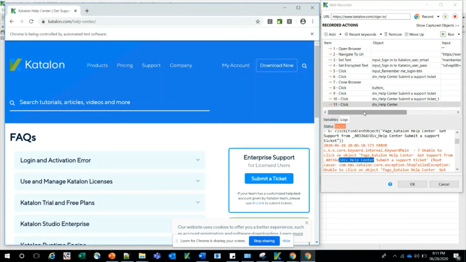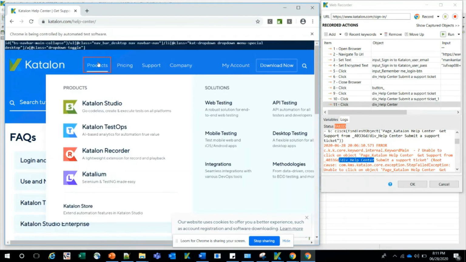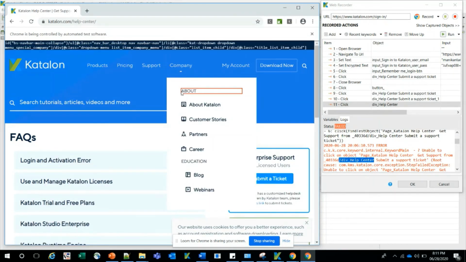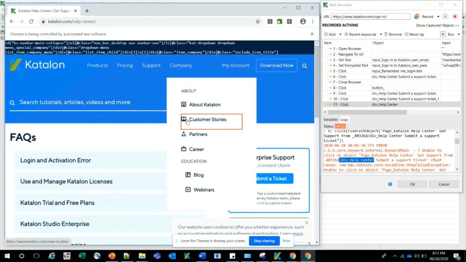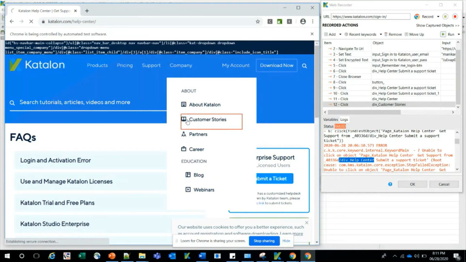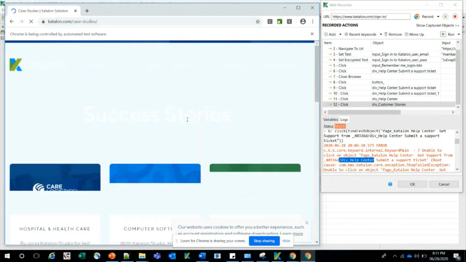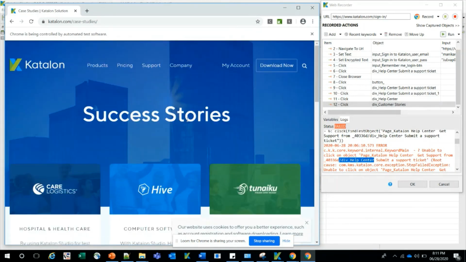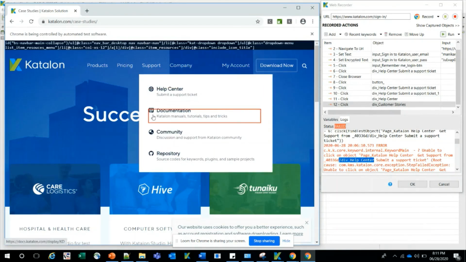And the last issue I'm going to discuss is that users tend to make mistakes. There is a very low probability that a user can record with 100% accuracy from the start of the test to the end of the test. For example, a user by mistake goes into the company menu and customer stories, and he realizes that is a mistake, and he clicks on support documentation.